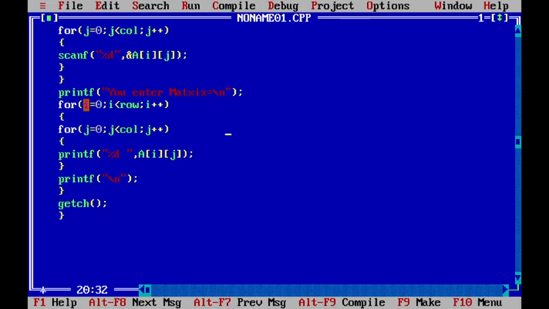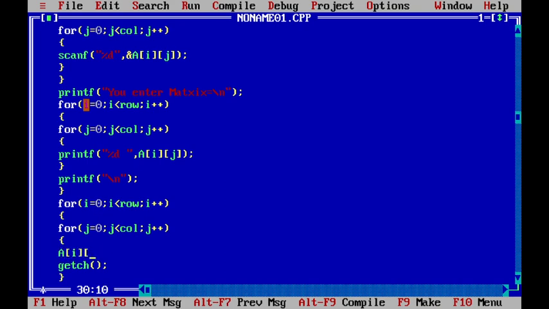Now next we are going to find the transpose of the given matrix. To find the transpose of the given matrix, again for i equal to 0, i less than row, i plus plus, then for j equal to 0, j less than column, j plus plus. So now we want to interchange row and column.